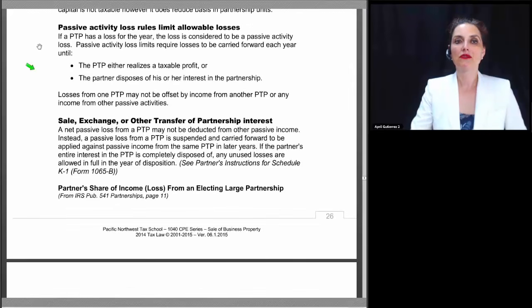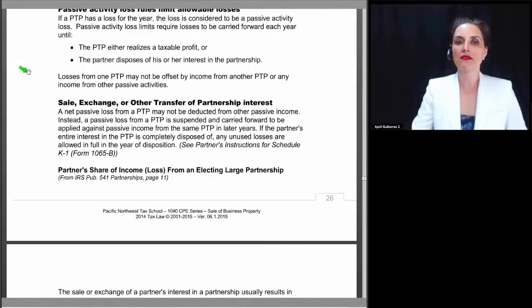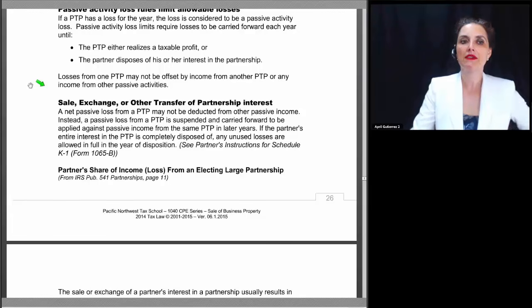Passive activity loss rules limit allowable losses. If a PTP has a loss for the year, the loss is considered to be a passive activity loss. And passive activity loss limits require the losses to be carried forward each year until the PTP either realizes a taxable profit or the partner disposes of his or her interest in the partnership. Losses from one PTP may not be offset by income from another PTP or from any other